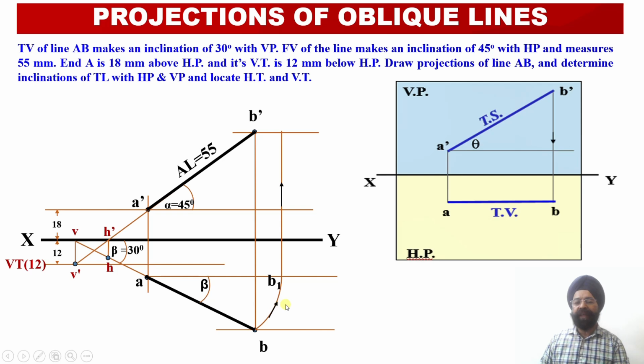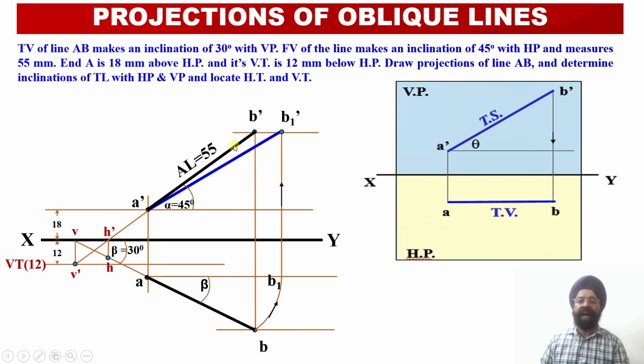First of all, an arc will be drawn to make this plan projection line parallel to the vertical plane, and then through this point, I am going to move upwards with a vertical projector line, so that wherever this vertical projector line intersects the horizontal locus line through the point B dash, I will obtain the point corresponding to the true length of this line AB, and the name of this point is B1 dash. Now having obtained the second point of the true length, B1 dash, I will be joining A dash with B1 dash.